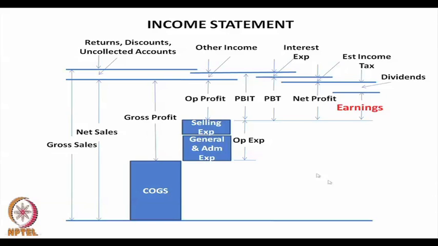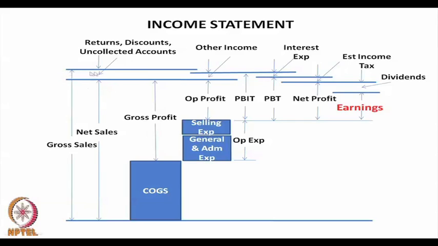Towards the end of the lecture, we had initiated the discussion on the income statement. Today, we shall discuss all the items that come under the income statement. First, let us see once again the picture that we had shown in the last lecture on the income statement. If we look at this picture once again, this says how the earnings that are retained by the company are calculated.